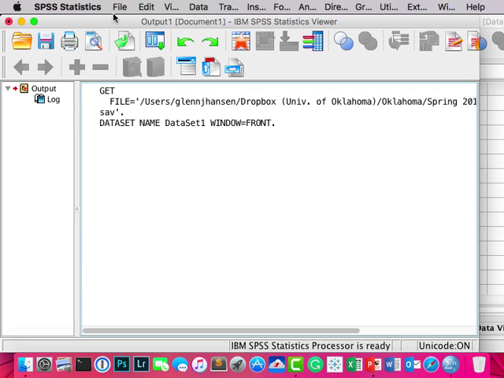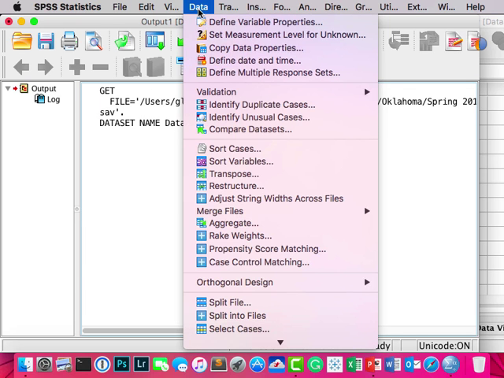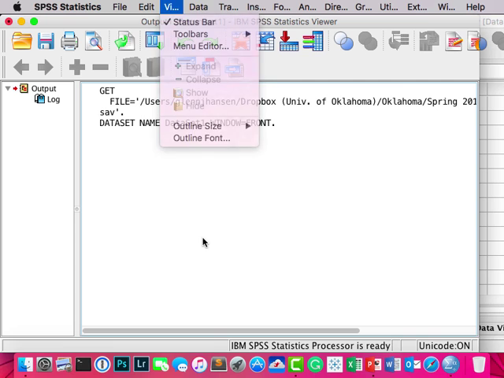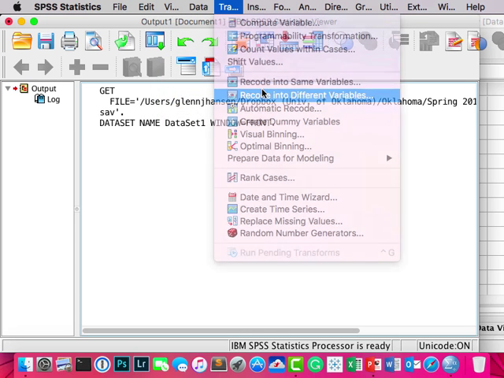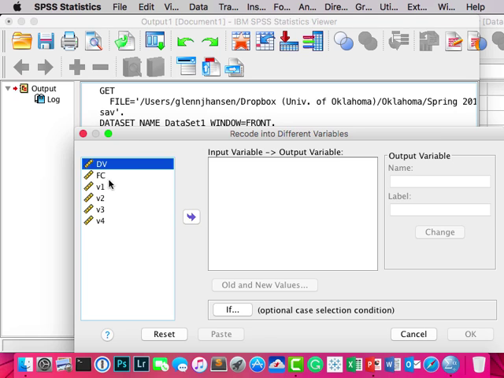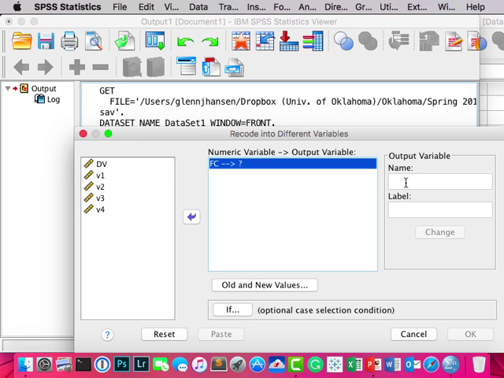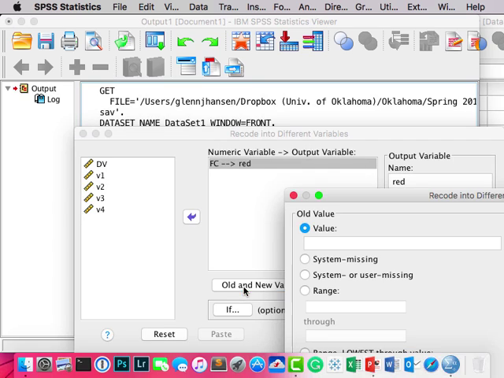And as I do additional work, so for example, if I do Transform, Recode into Different Variables, and I take our favorite color variable, and we want to call this red,